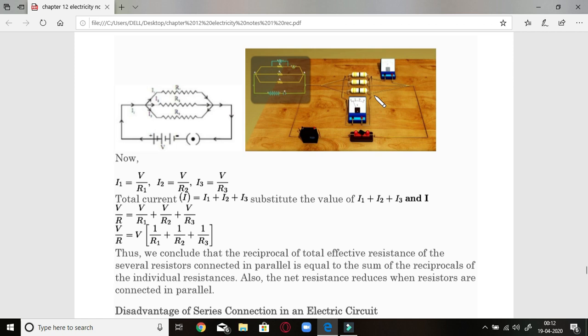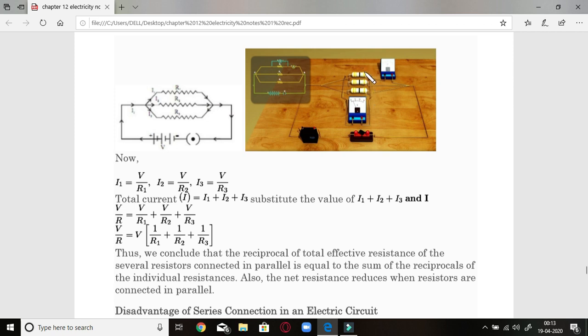But they consume different amounts of current depending on the resistance used in them. Another important thing is that their voltage never fluctuates, it remains the same. And suppose one of the resistances is spoiled because it is burnt out, the current which is coming from here will be distributed to the other two resistances equally. That will not stop the work of the other two resistances.